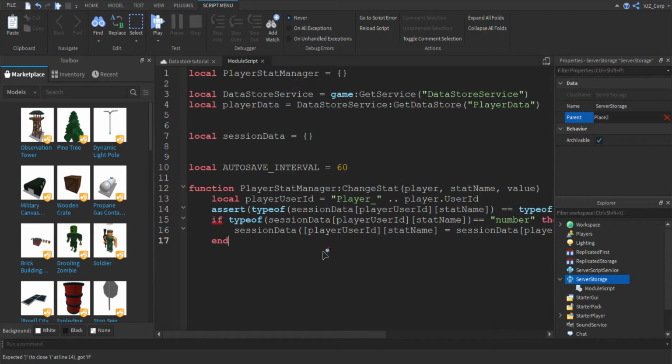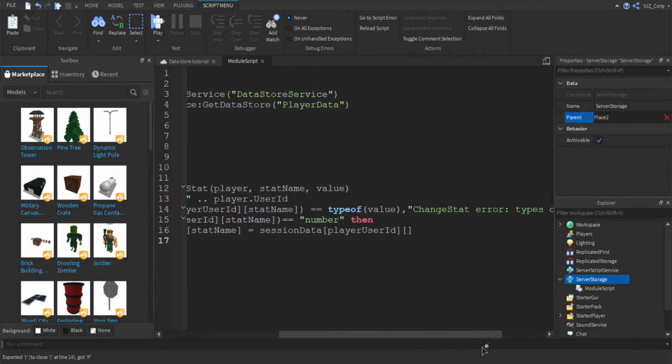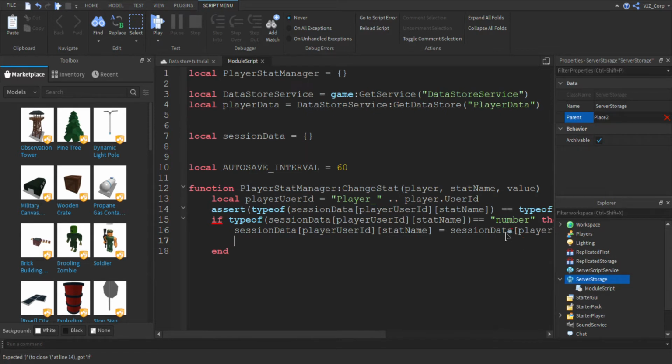Right here, we do not need a parentheses. That's my mistake, so make sure you do not put parentheses there. And stat name again, but then we're gonna do something called a plus value, which is defined right here. There we go. That's basically just gonna make it plus the value that it originally had. Or else